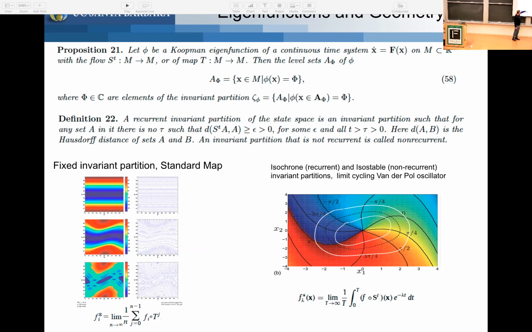Here is the state space of the standard map with increasing quote unquote energy. You're seeing the trajectories here, and you're seeing the level sets of a Koopman eigenfunction here. If you just take an arbitrary function f and average it over trajectories and then plot that number as a color, you get these kinds of plots. In other words, that's data driven,